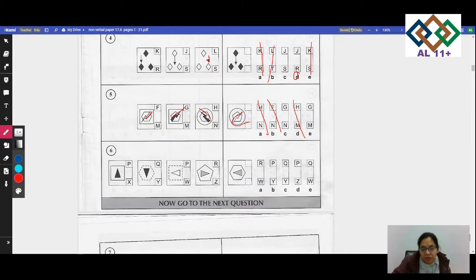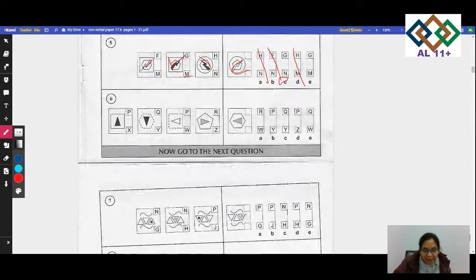And the next thing I need to look at is whether it's M or N. Which one could it be? If you look at the outside shape of an N, it needs to be a circle. My outside shape is a circle. What I was telling you before, that the outside shape needs to be a circle. If you look at M, the outside shape is not a circle. Only N has an outside shape that is a circle. So your answer for this one would be N.